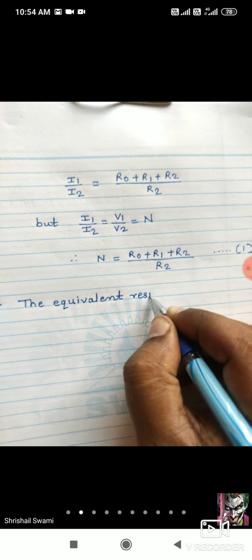They will give the value of R0, that is the characteristic impedance, same as K. Next, they will give the value in decibels. You have to convert it into Napier, which means they indirectly give the value of N. If you know N and R0, you can easily get the value of R1. For that, you must remember the formula of R1 for the T type.